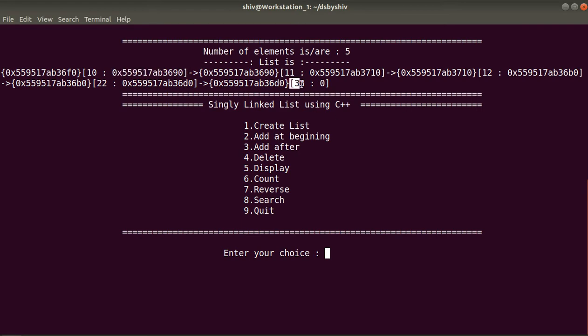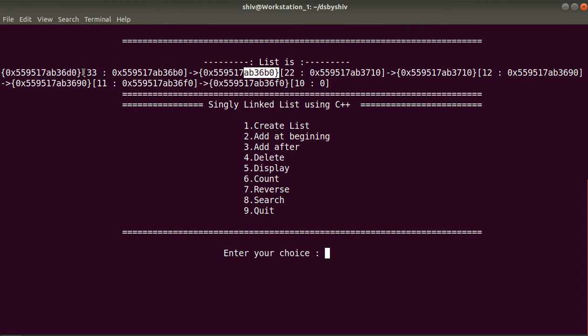Currently this node contains the next part address 0 because there is no element after this. So after reverse, this node will contain the next part address 6b0. Okay, let me reverse, and accordingly the other nodes will also be reversed. So let's see. You can see this node 22 has address 6b0.